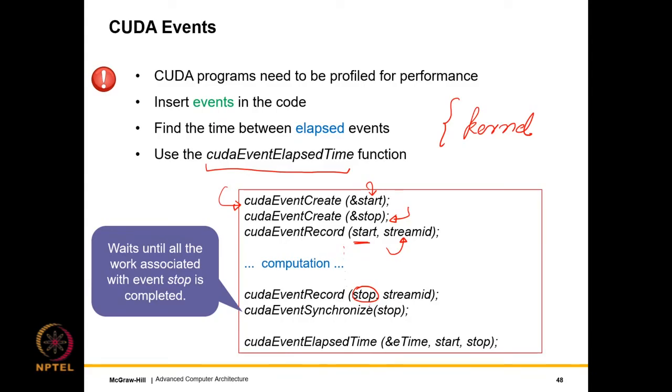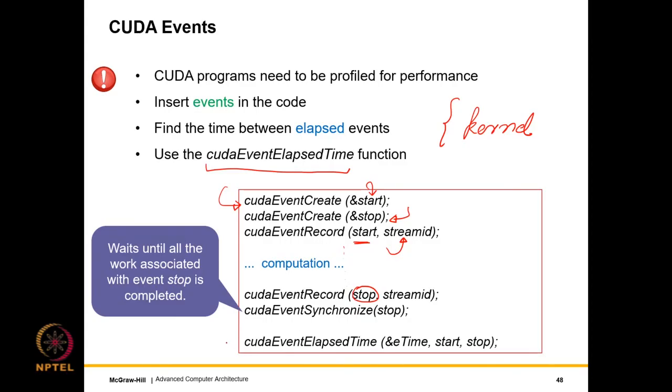At this point, we need to synchronize, which basically means waiting until all the work associated with the event stop is completed. The event itself, processing the event, is a multi-stage operation. So we would at least want all the work associated with the stop event, which records exactly at what point the stream is at, to complete. That is why we call the synchronize function, which is highly recommended if you want an accurate time, capturing a relevant point in the stream.